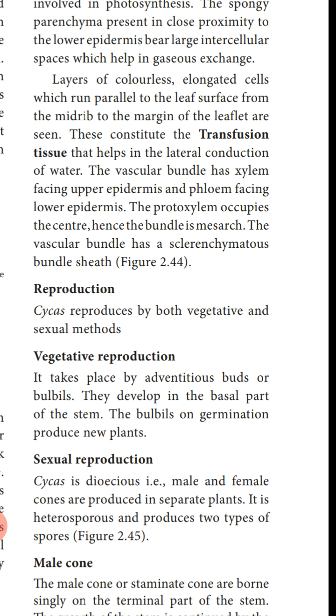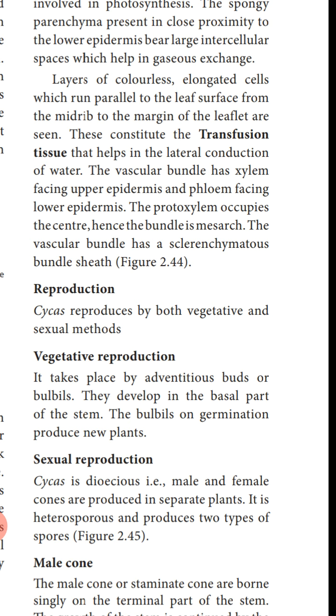We can find the male plants. More number of female plants are present in South India. In both regions, the other reproductive organ plants are also present, but the observation is that more male plants are found in the northern region of India, and more female plants are found in the southern region of India.